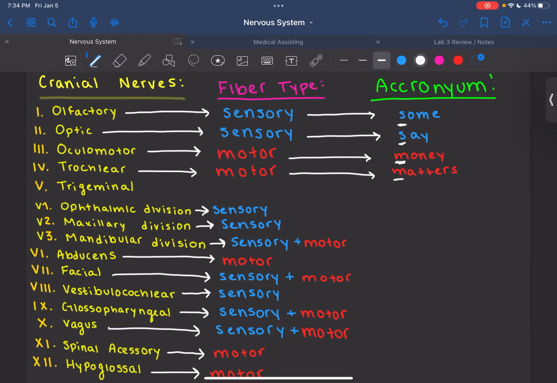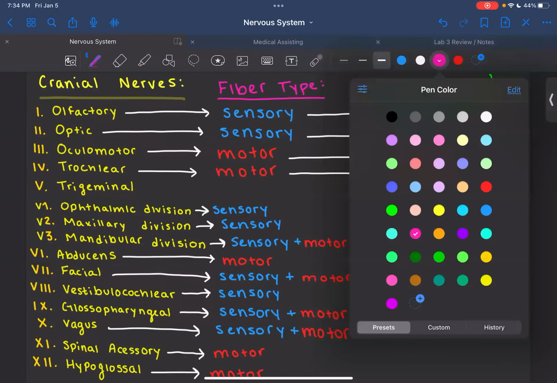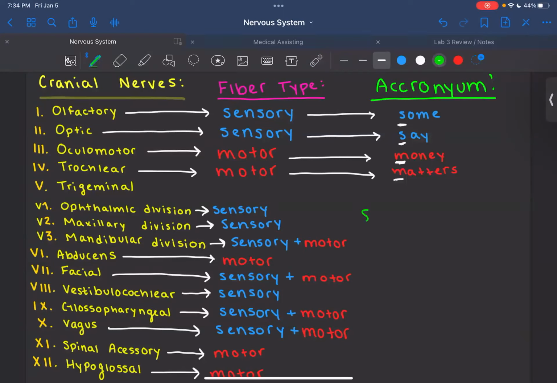So then we go down here, and it's actually going to be B, "but," or both. And by both, I mean the sensory and motor. Oh my gosh, sorry about that. When I say both, I mean it includes sensory and motor. So we have "some say money matters, but"